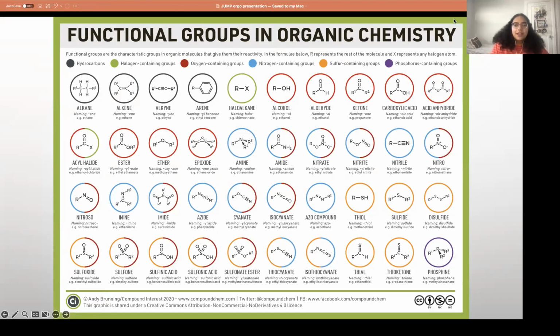For organic chemistry, obviously there's a lot of different groups, like this photo shows. Not all of them you're going to need. It's nice to have a good foundation on nomenclature, which I'm not going to get too much into since it might take a while and everyone's at a different place with that. But be familiar with the names of things, because they might give you the name of something and you need to know the structure, or vice versa. It is multiple choice, so you have some ability to guess, but it's good to be familiar, especially with the extremely common ones, like that first line, alcohols, aldehydes, things like that.